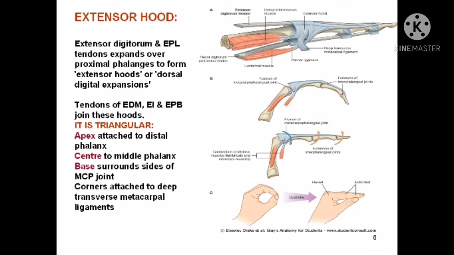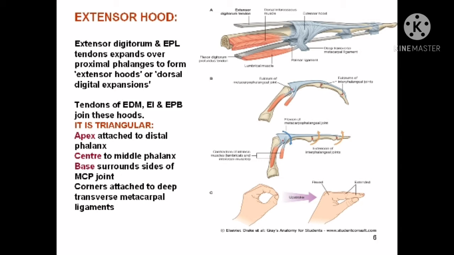The tendons of extensor digiti minimi and extensor indicis and that of the extensor pollicis brevis join these hoods. The dorsal digital expansion is a triangular structure, and its apex is attached to the distal phalanx,